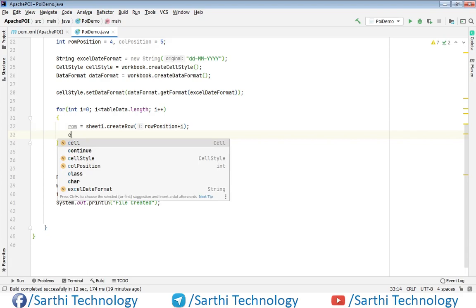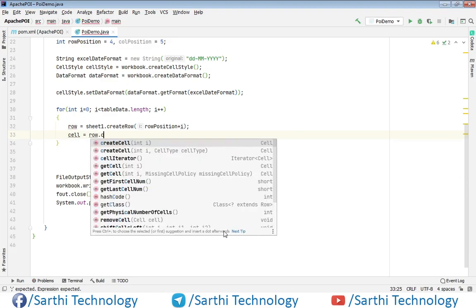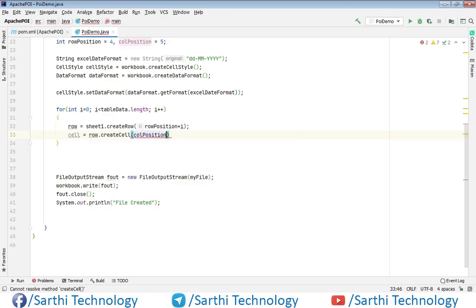Now create the cell, row dot create cell and column position.